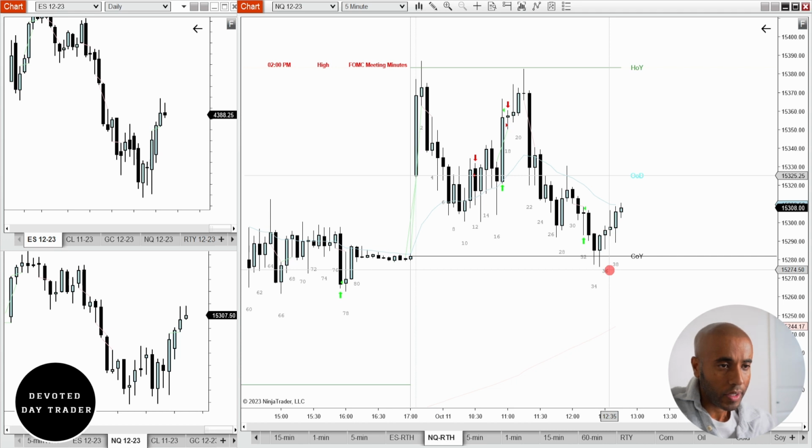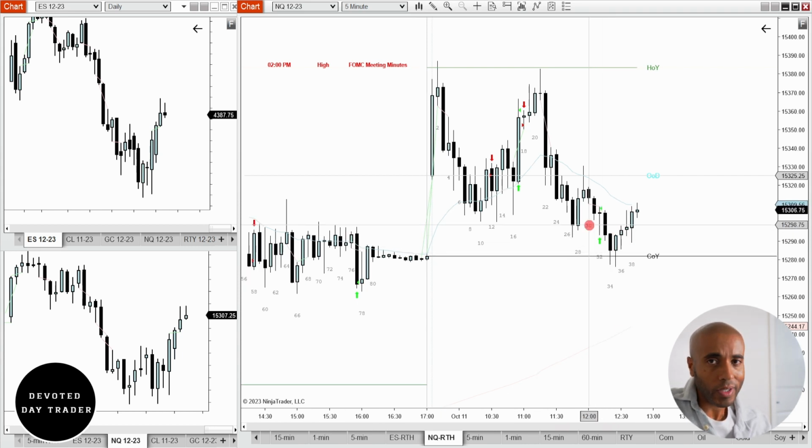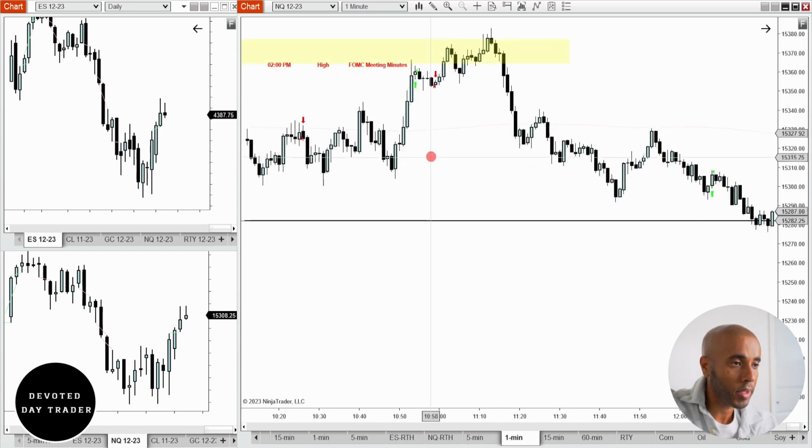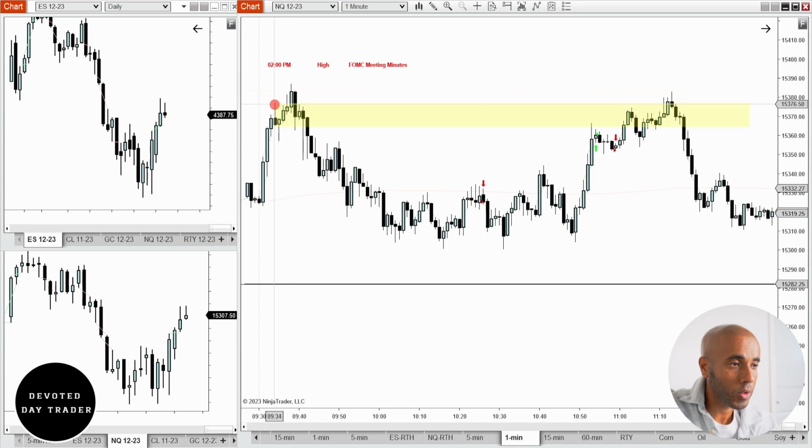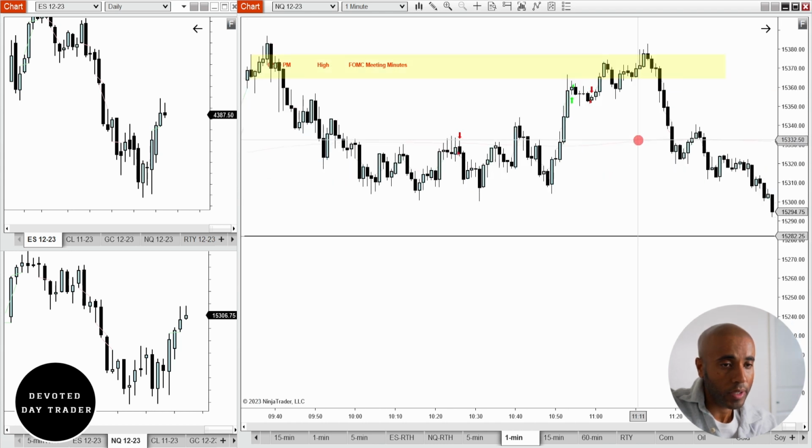Today was a small winning day. Just a tiny winning day. Not really happy with the way I traded today. I should have been more patient with my first entry. If I were patient and actually waited for price to retrace to this 1 minute candle, I would have gotten a better entry. But it is what it is.